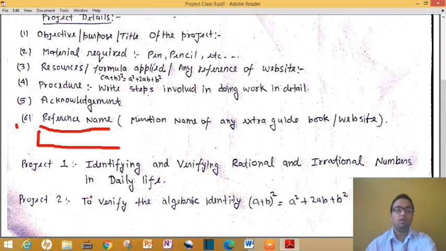Okay, remember only 10 to 20% portion you can write as it is, otherwise 90% things you have to write by yourself, means you will not copy as it is from the internet. You will just mention important points. Okay, otherwise the whole project you will write in your own language. So this was the detail for your project, and do your work according to this format. Okay, thank you.